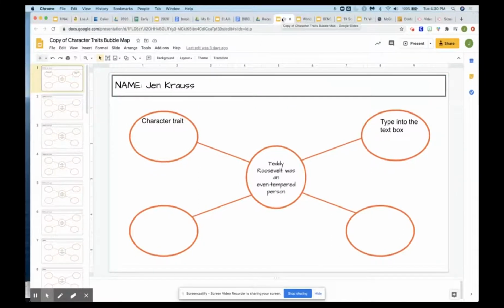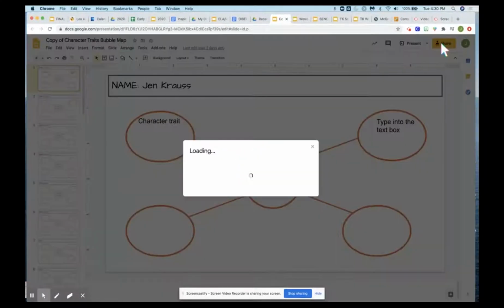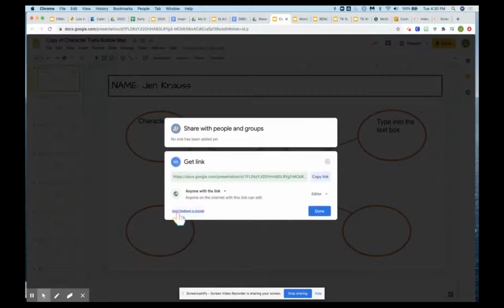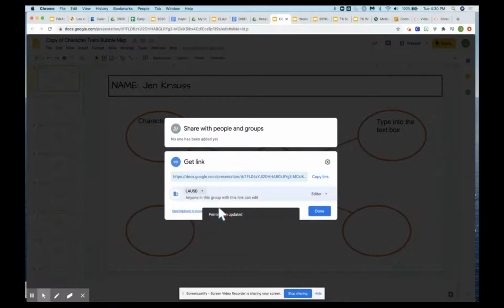Now, in order for students to be able to access this slide deck and be able to edit it, we have to visit the share settings, just as we did in the Jamboard video. So I'm going to go into share, and I'm going to take a look at the share settings. Now, for this one, it is set to edit, but I notice it says anyone on the internet. And so as we discussed before, we want to think about the LAUSD as the option just for our safety settings. So I'm going to set it to LAUSD so that when students log in, they would have to be